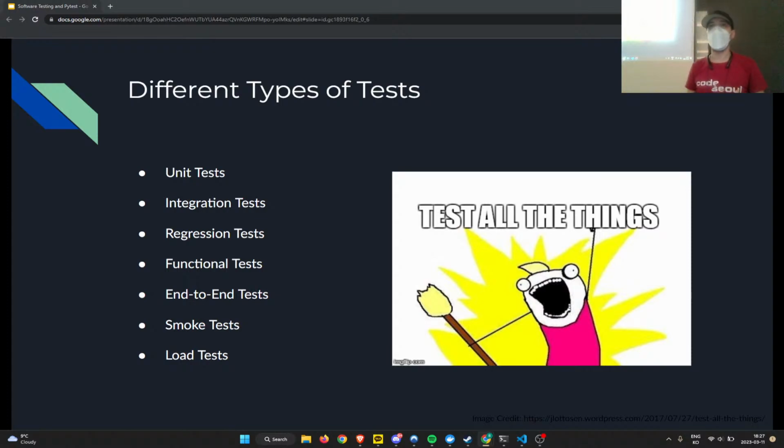Next up is integration tests. Integration tests are a little more complicated. This is when you integrate with other systems, whether it's other code or an external thing like a database or a file or something. These are covered by integration tests, and these require a bit more effort because you don't want to test with, like, the production database, right?